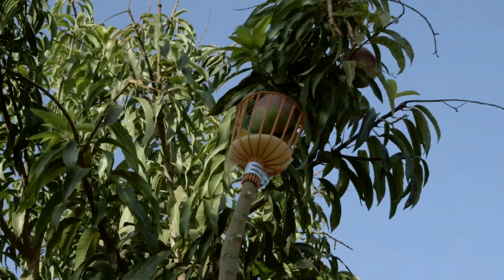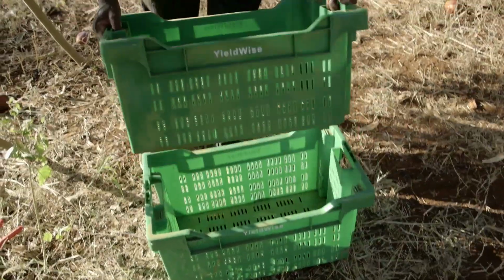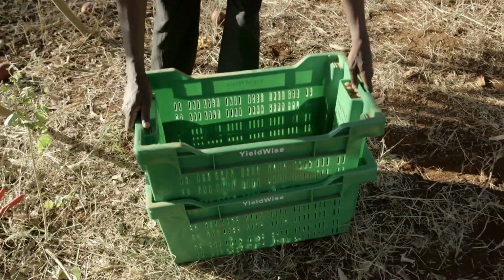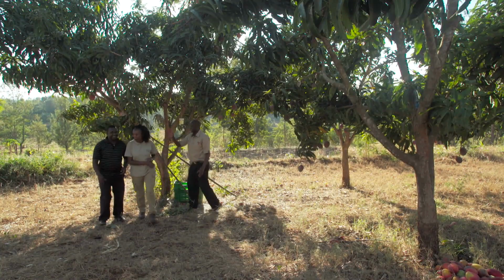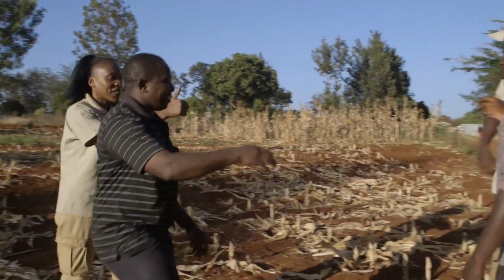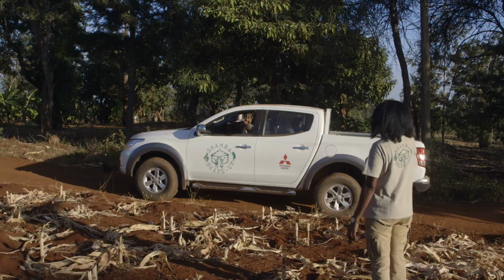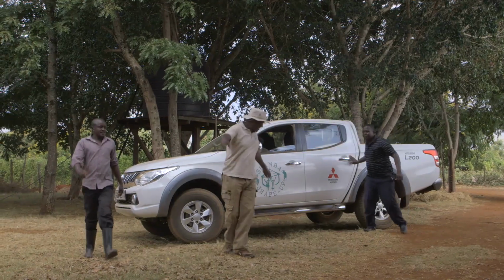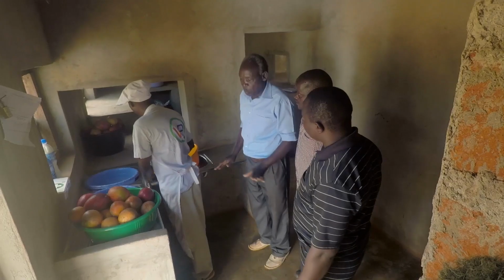Nice. Once the mangoes are harvested, it's important they stay in good condition all the way to the market. So Charles recommends using these plastic crates. Wow! So now, what do we do with all these mangoes? Well, Tony is taking Peter and his brother Kioko to see how they can turn mango farming into a profitable business. That's right, Caro. I'm taking the brothers to meet Ferdinand, a farmer nearby who runs a company called Ruika